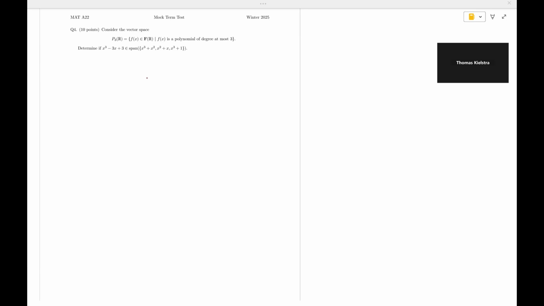In question 4, we are asked to determine whether or not this vector is in the span of these other vectors, where the vectors are polynomials of degree at most 3. What this is asking is, does there exist an A, B, and C in R such that